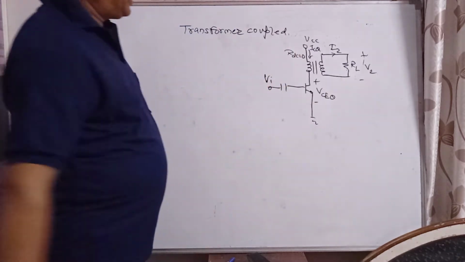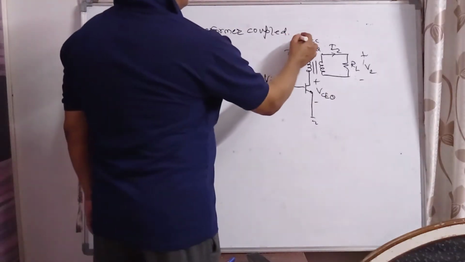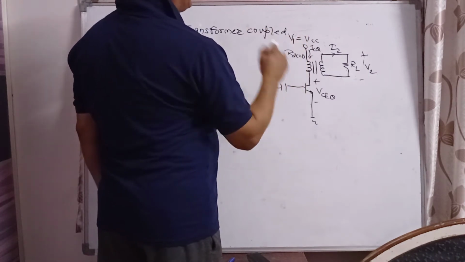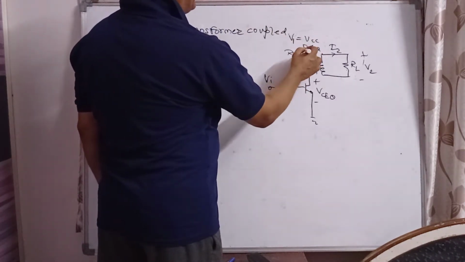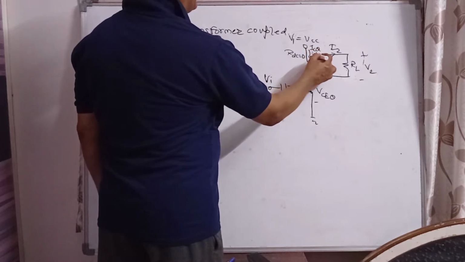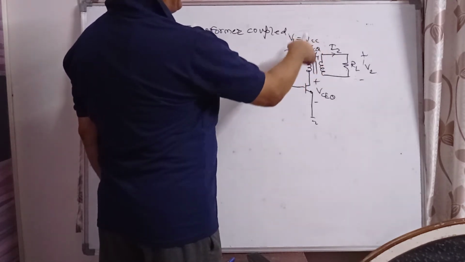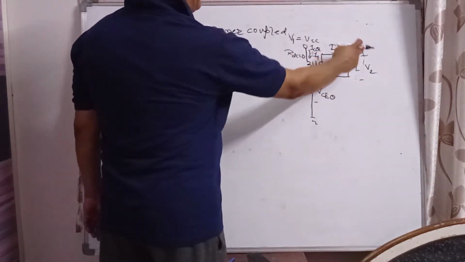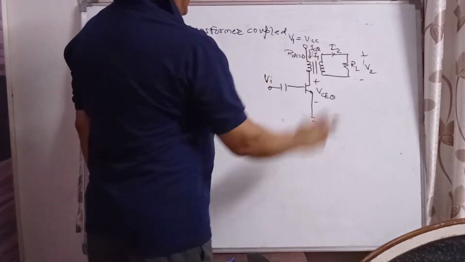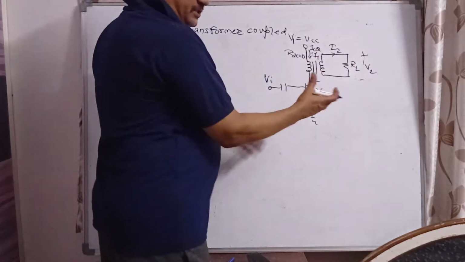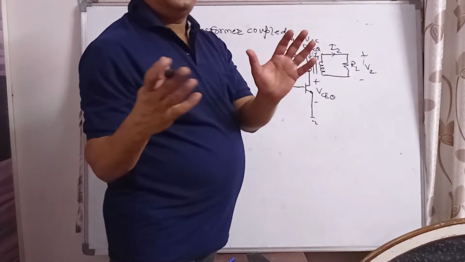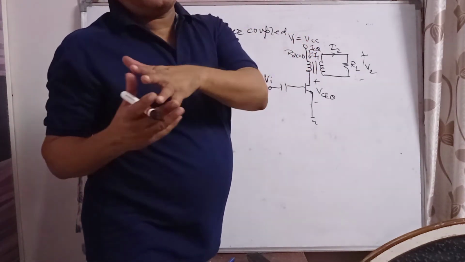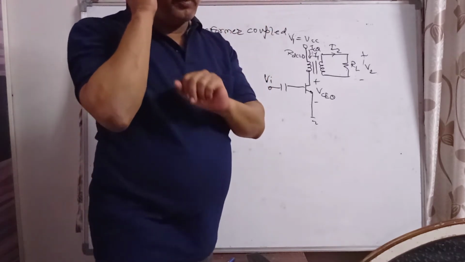We have studied this in the previous case. The primary is connected to VCC, so it is the primary voltage. The current flowing through the primary is I1, which is equal to ICQ, the quiescent current generally flowing through the transistor. The voltage across the secondary is V2, and the current through the secondary is I2. Since the transformer has two windings, the primary winding has some effect on the secondary and similarly the secondary has an effect on the primary, by the mutual induction property.